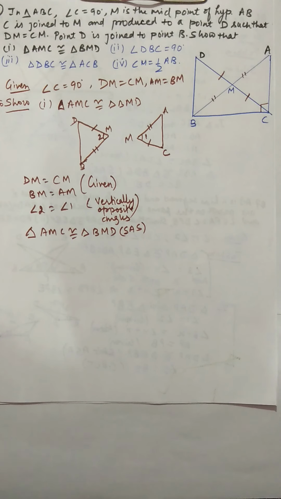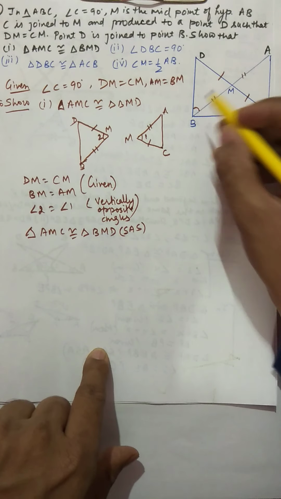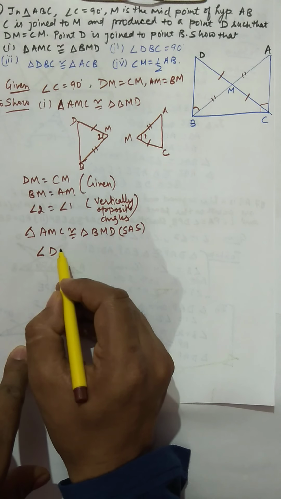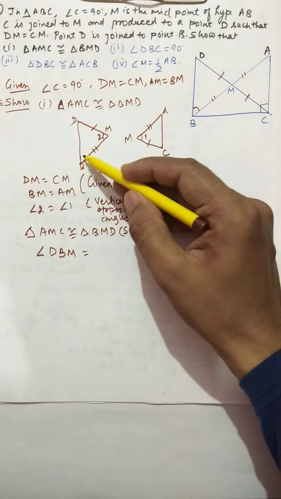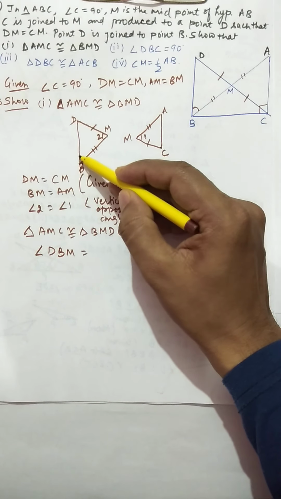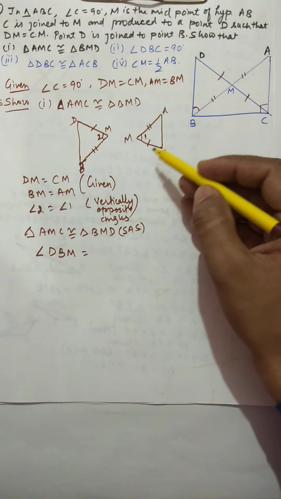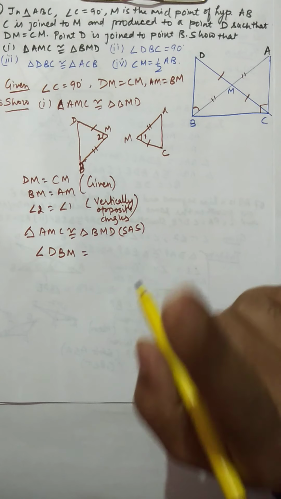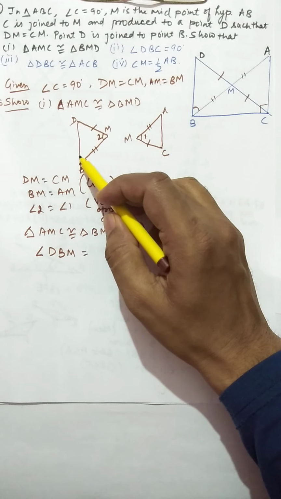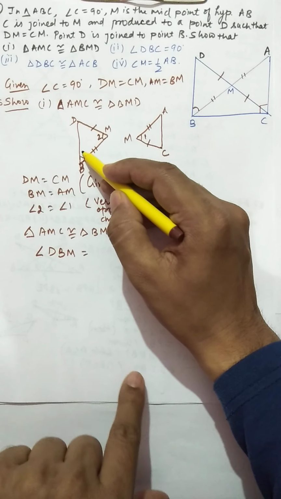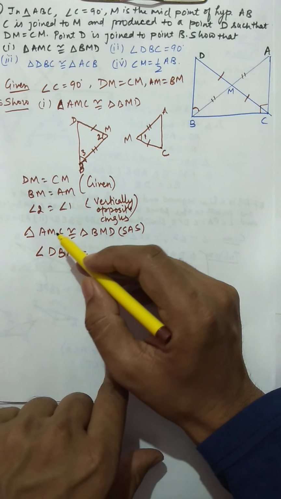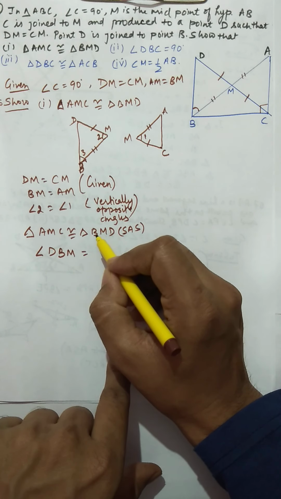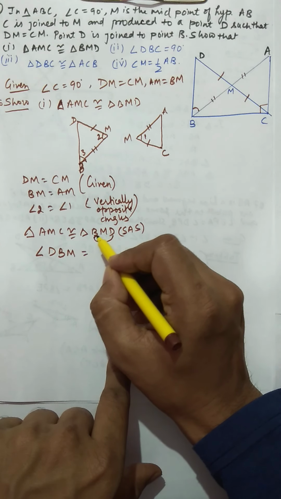Now once we show that these two are congruent, if I ask you that this angle DBM will be equal to which angle? If some of you say it is equal to this angle, it means you are going to make a mistake. This is the only mistake that a student makes in this part. If I say this DBM is, let's say, angle 3, then it is not going to be equal to this angle, because you see the order. This is D, this is B, and this is M.